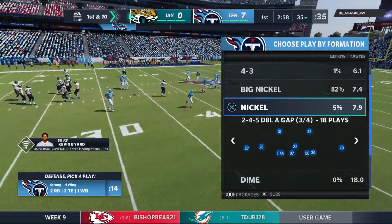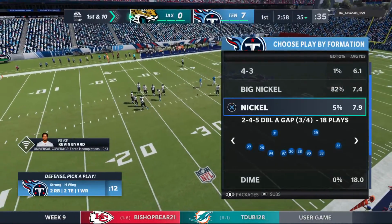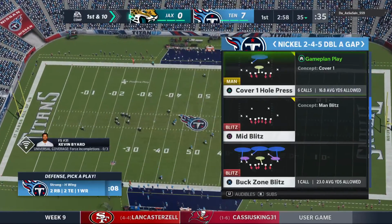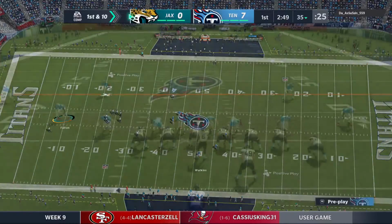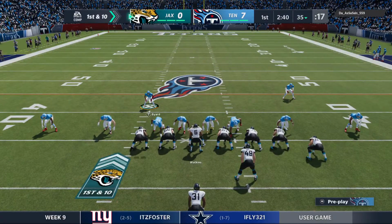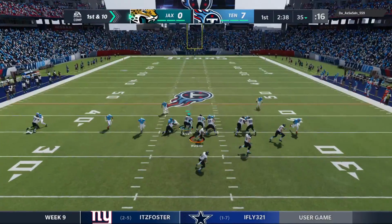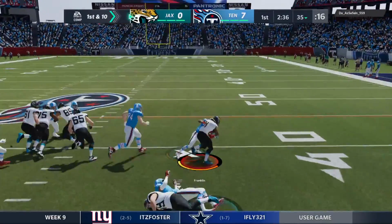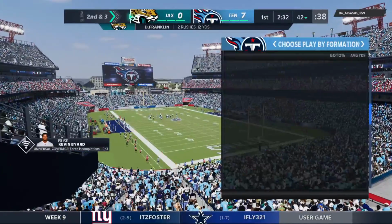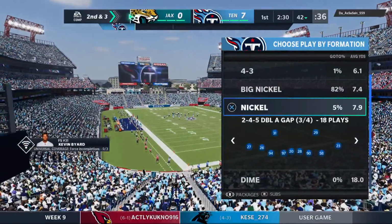Look, he about to try some Labbins, and first drive, things already looking better here. 1st and 10. 2-4-5. They'll run on 1st down. Labbin ain't going well. It's a 7-yard carry to set them up with a